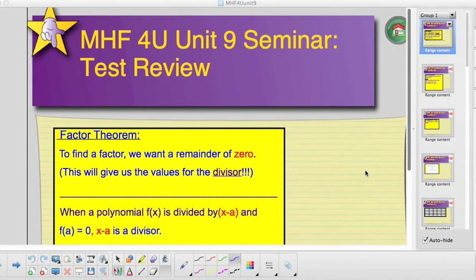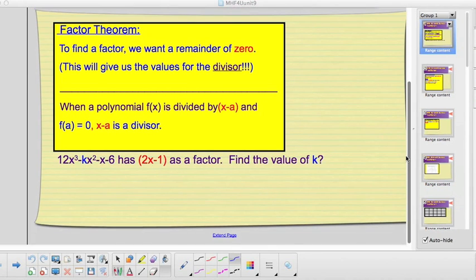12 MHF4U Unit 9 Test Review Seminar. So we're going to go over different concepts from the Unit 9 guide. First of all, the factor theorem, because a key concept with long division, synthetic division, is the factor theorem and